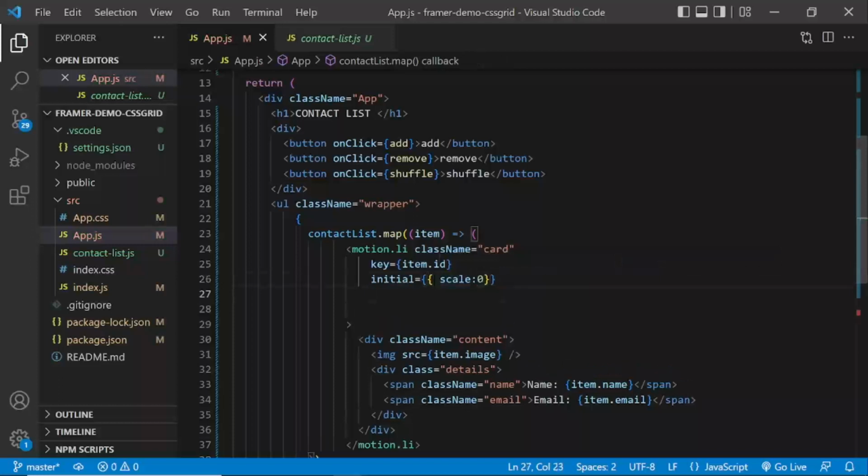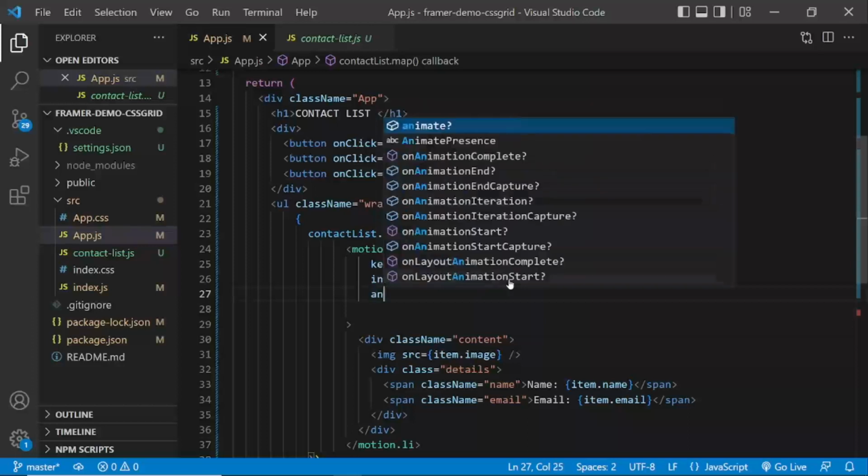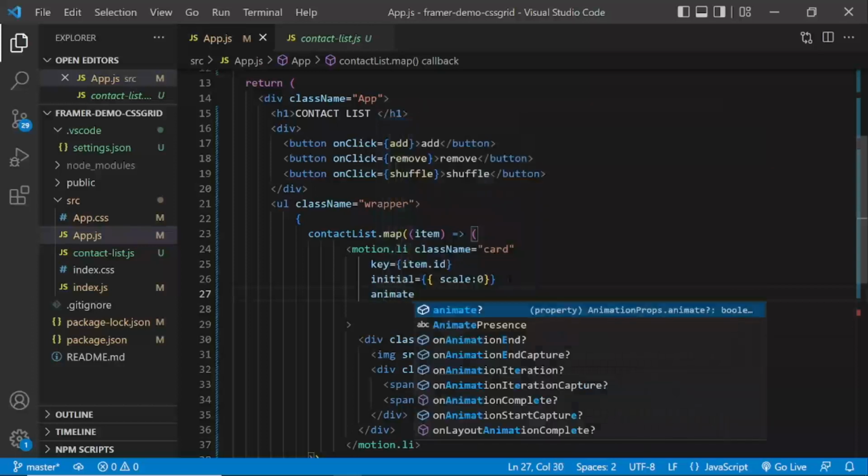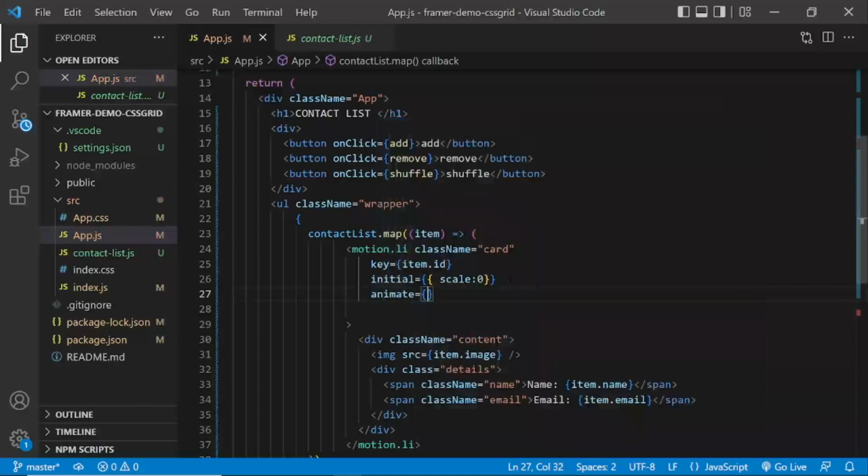The end state, which is animate, is equal to double curly brackets, remember that, and in there we're going to say scale equals 1. So we're saying the card's going to have an initial scale of 0, then it's going to animate to the full size.